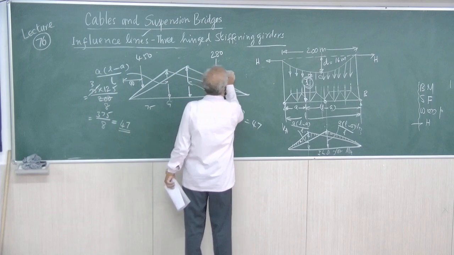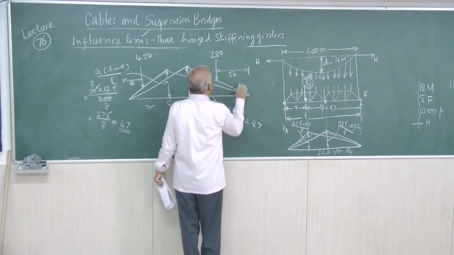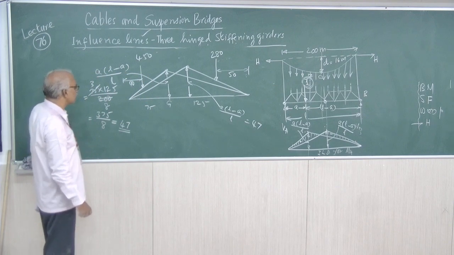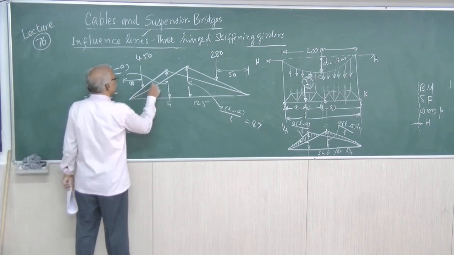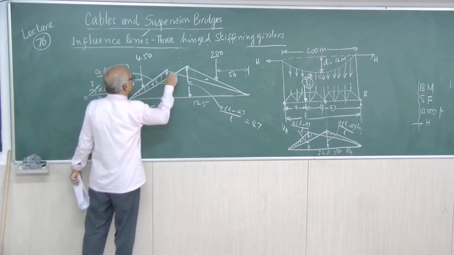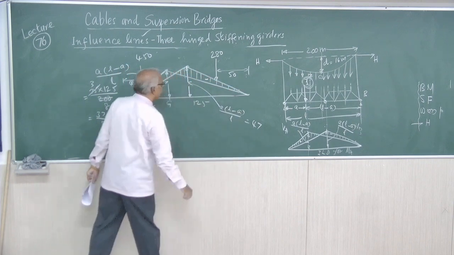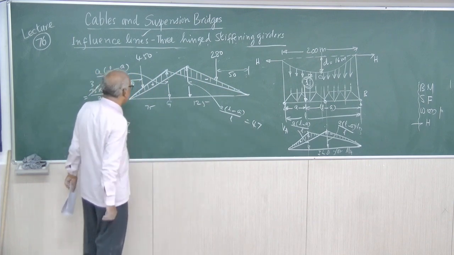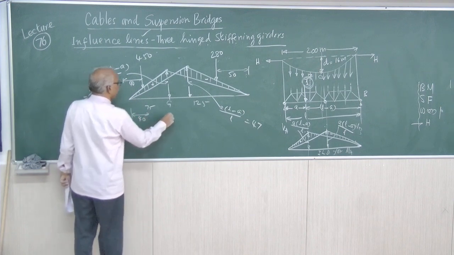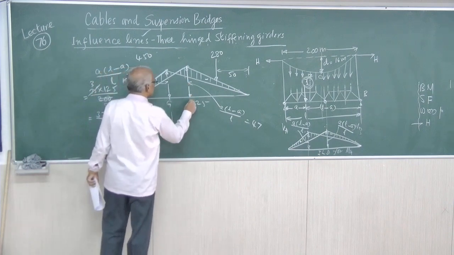Of course I will not do the calculations because I have not planned for it. Otherwise I would have completed the calculation also. We can just do it approximately, no problem. Now what you have to do is, this is the net positive, this is a net negative. So we have to consider only this diagram. 47, let us say, approximately 47. Now this is 40 meters. This is 75 meters. And of course, this is 100.